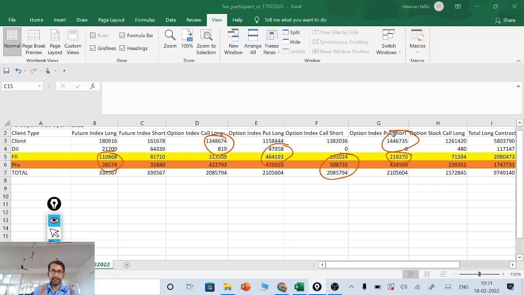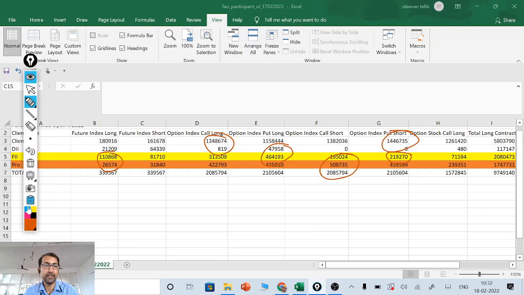So retailers have to be cautious because the FIIs' and professional traders' view is entirely on the opposite side. So better take long puts today. You can buy puts, be on the side of FIIs and the professional traders, or you can sell the call or short the call. So this is what the statistics of FIIs, DIIs and other participants are suggesting.